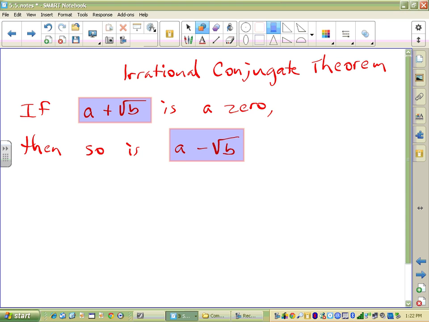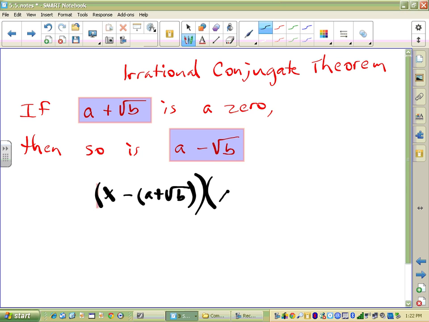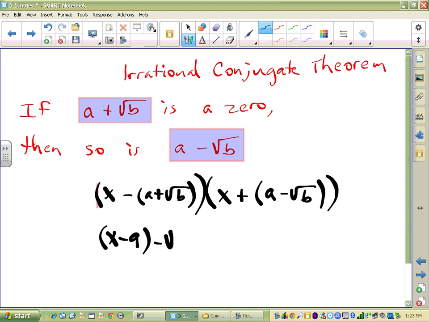Okay? And if we were to do something like this, and this is kind of scary, the algebra involved, so don't let the algebra scare you. If we had x minus the group of A plus rad B times x plus A minus rad B like that, and we were to multiply this out, some interesting stuff happens, and I think this kind of helps explain some stuff. So this would be x minus A, the quantity, minus rad B, times x plus A,